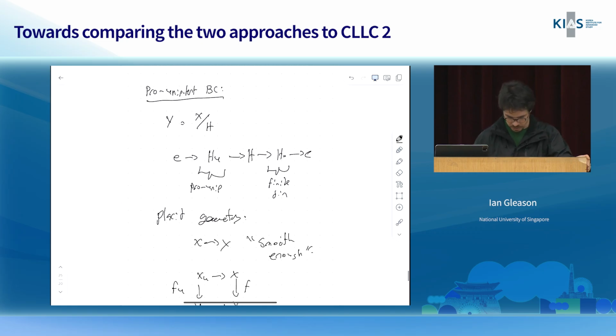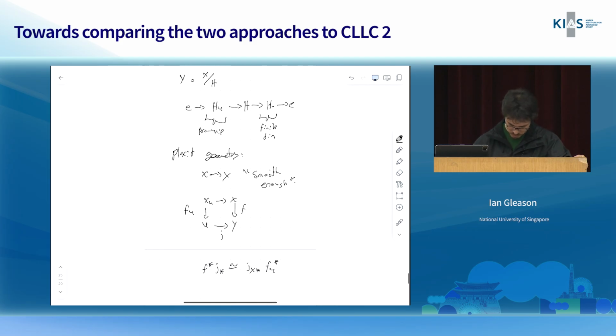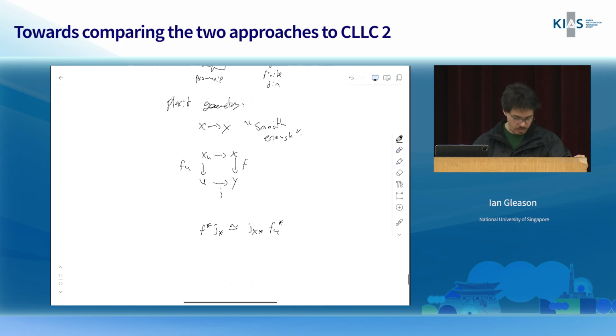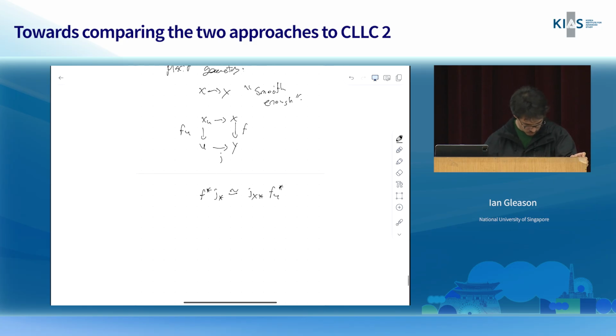And the whole deal about this pro-unipotent base change is about taking this idea to the analytic world. And so we need to prove a version where the role of A1 is played by